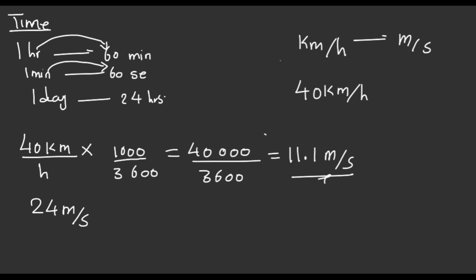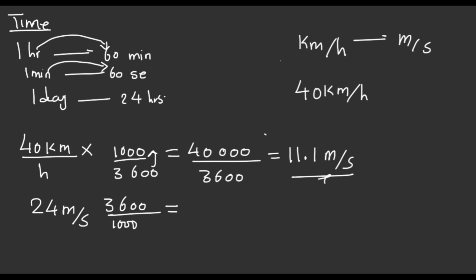So how do we deal with this one? For this one, we just have to reverse. We are just going to reciprocate this here. So the 36 will be on top, then over 1,000. Whenever the 1,000 is on the denominator part, then 3,600 is on the numerator part, you are converting from